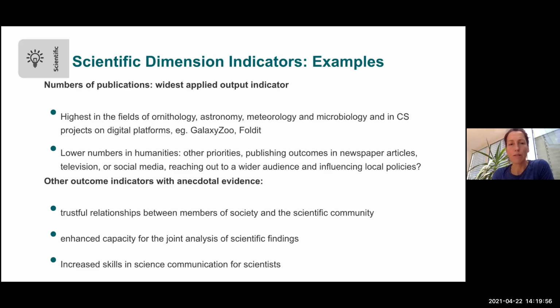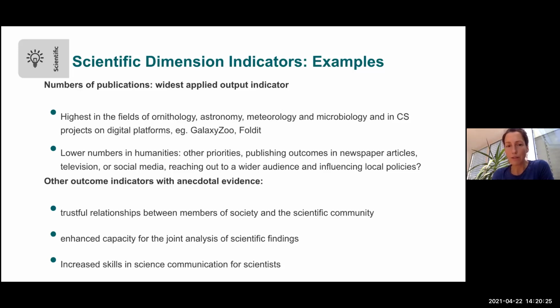So for instance, if we want to look at the impact of a project on the scientific level, one of the most frequent indicators that we find is the number of scientific publications. And you might all be aware that in many research institutions, you have to have scientific publications. So this is also tracked. So do citizen science projects